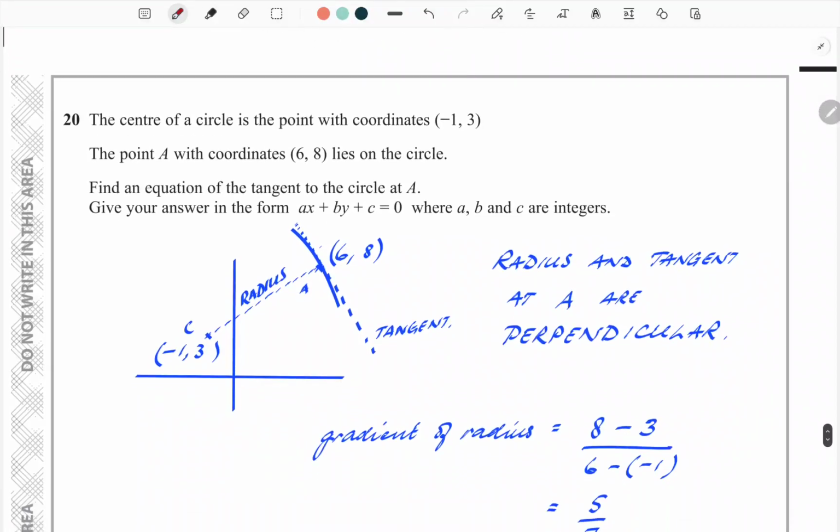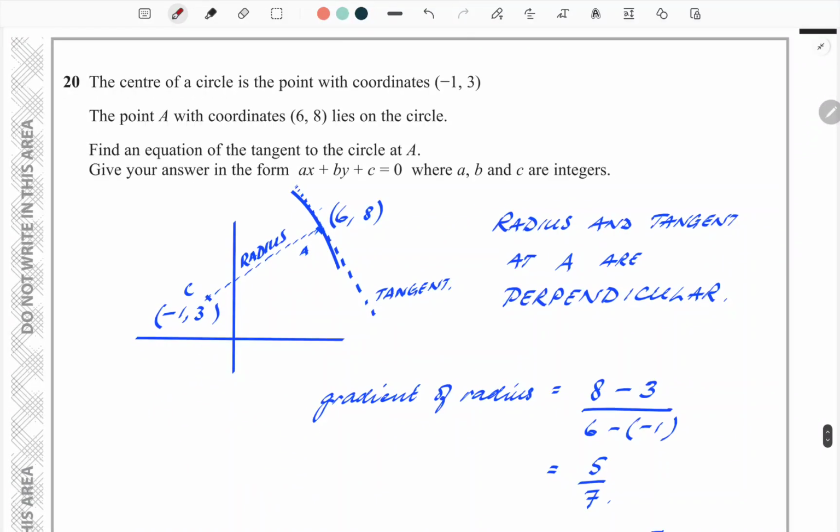Right, number 20. Bit of geometry here, all right? The center of a circle is a point with coordinates -1, 3, all right? And point A with coordinates 6, 8 lies on the circle. And it says find an equation of the tangent to the circle at that point A, all right? Always